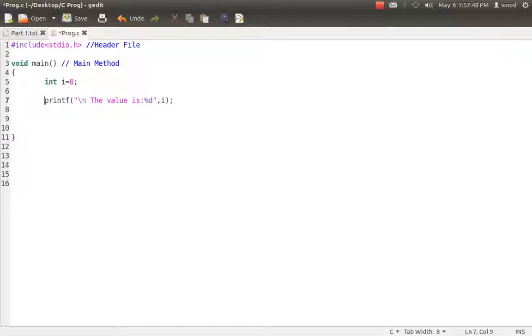Now to get the value at runtime, what I have to do is enter the value. That's a message I want to give to the user. The user will get this message. I have to use scanf with %d and &i, and to see whether the value has been stored, I again use printf: the answer is